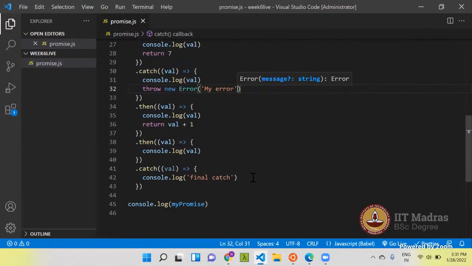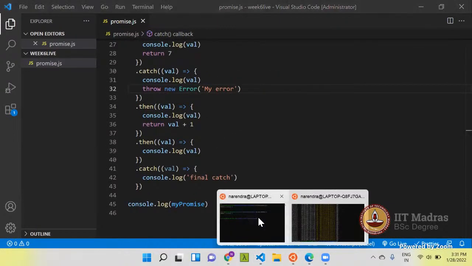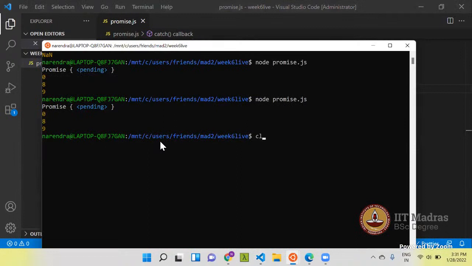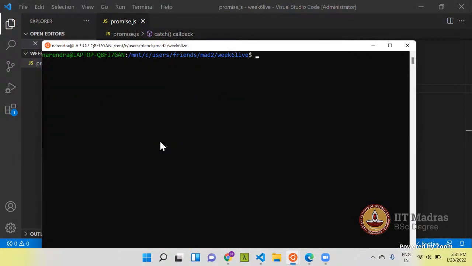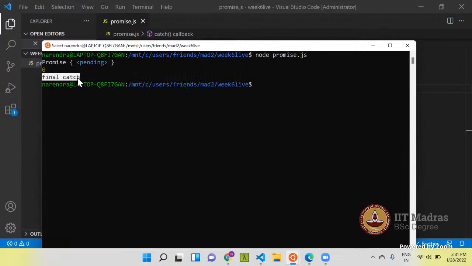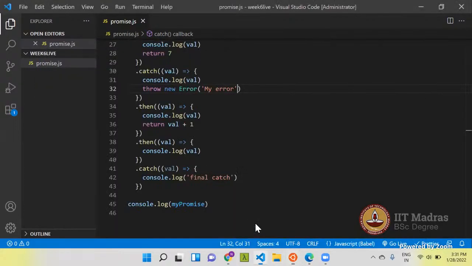Now let's run this code. Yeah, you can see that after 0, it is printing final catch. These then callbacks are not being called now.